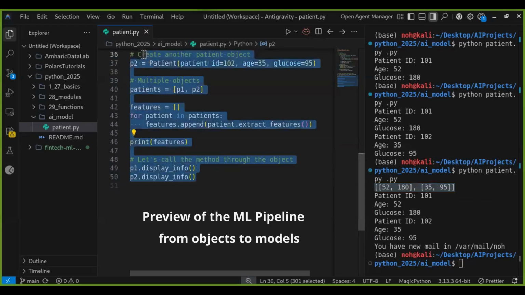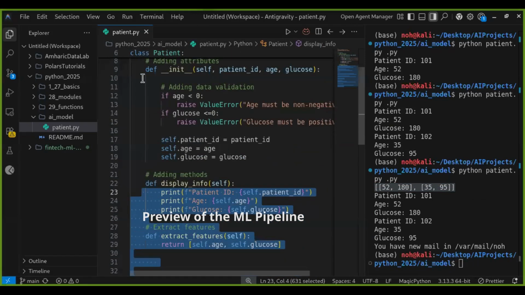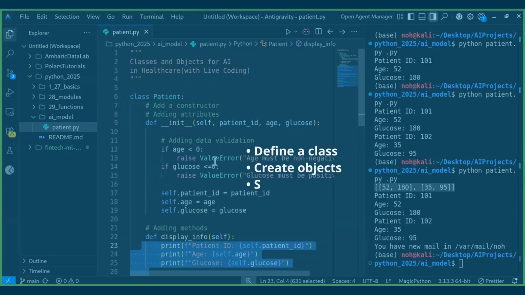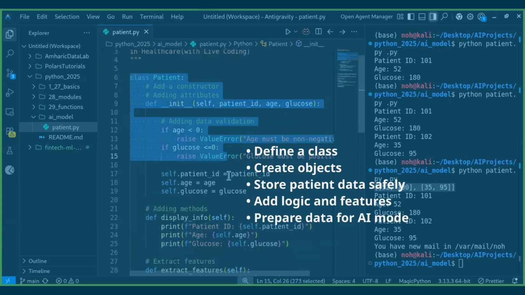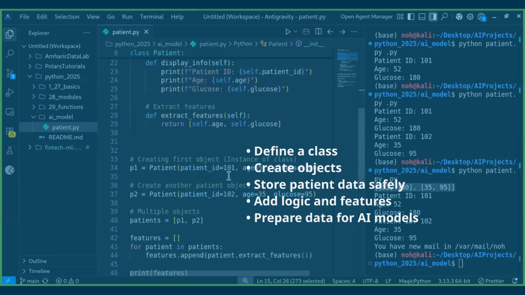Today, you have learned how classes and objects work using a healthcare-focused example. You now know how to define a class, create objects, store patient data safely, add logic and features, and prepare data for AI models. In the next videos, we will build on this foundation and explore more